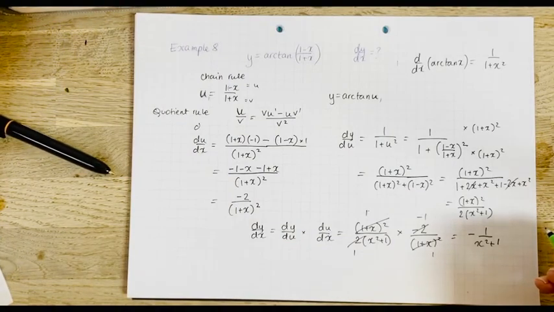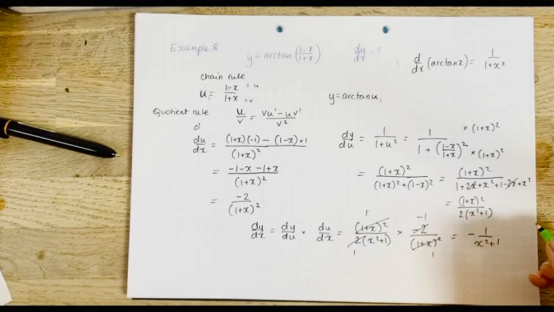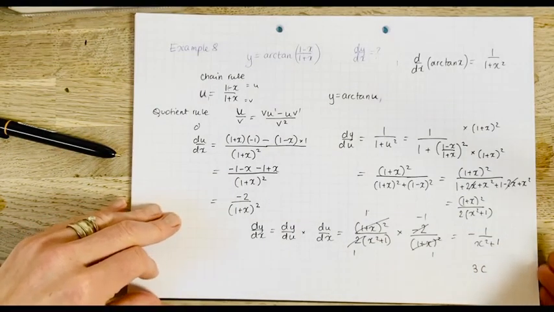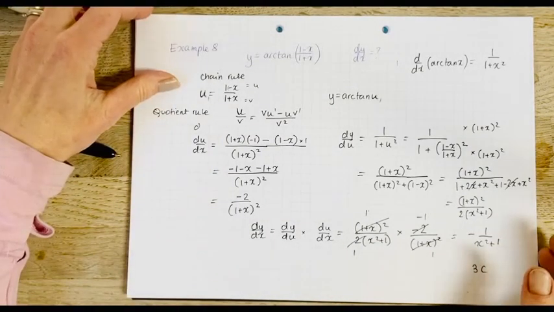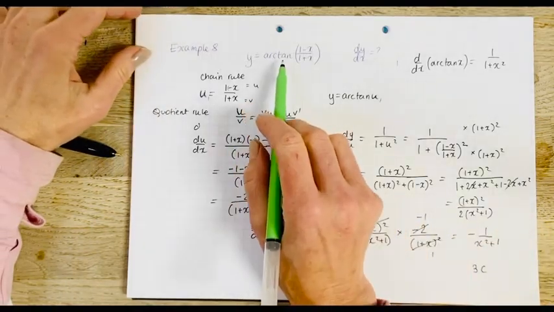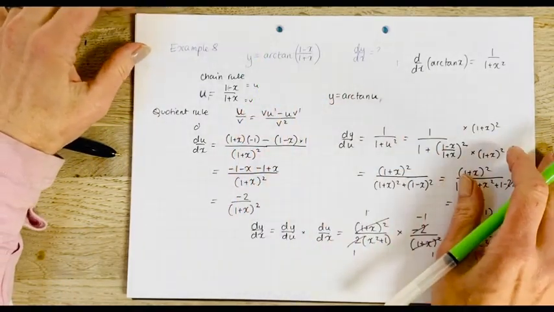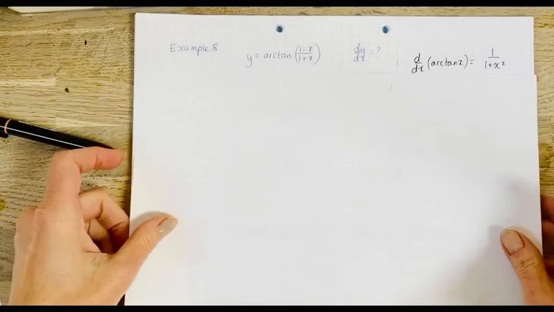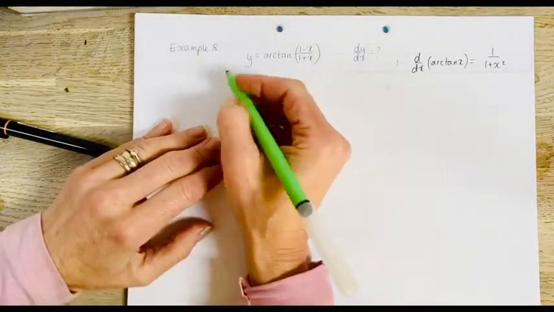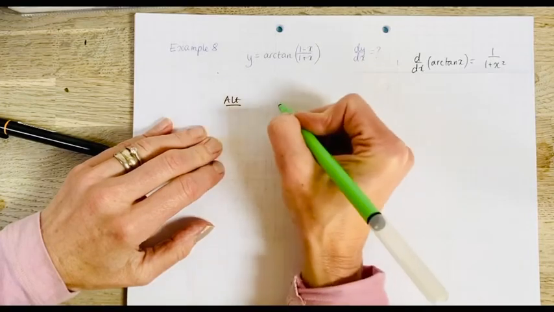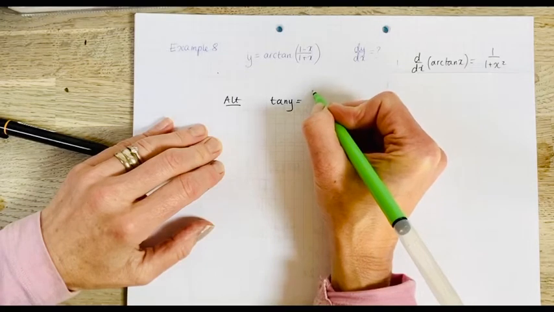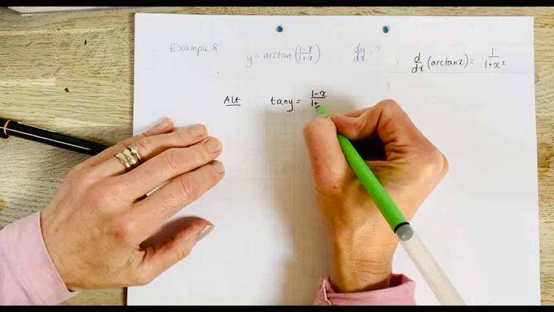And I think that's the last example, which will lead to exercise 3C. I'm going to actually show you the other way that I mentioned. If you move the tan on the other side, you might find that this is going to be a little bit easier. So the alternative method, if you rewrite it as tan y is equal to 1 minus x over 1 plus x,